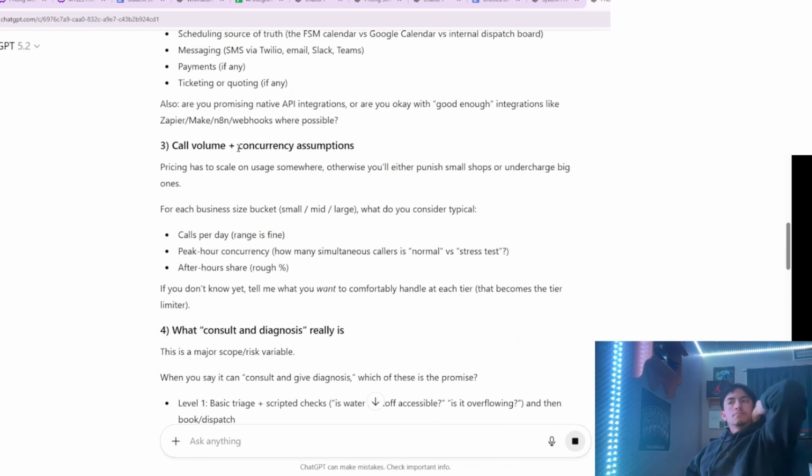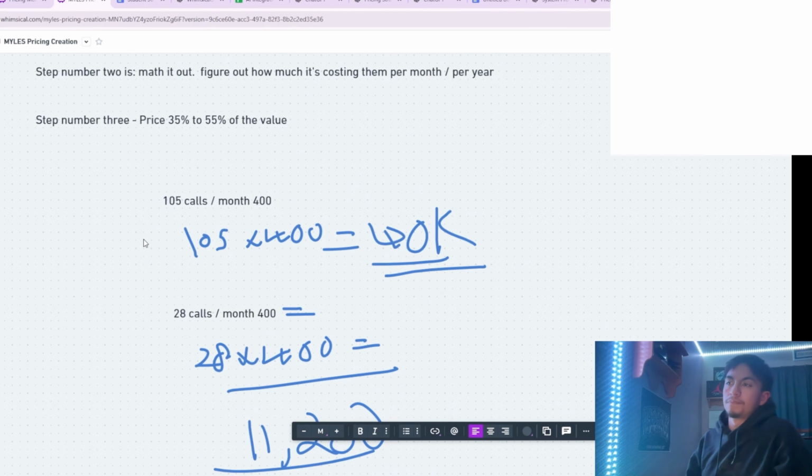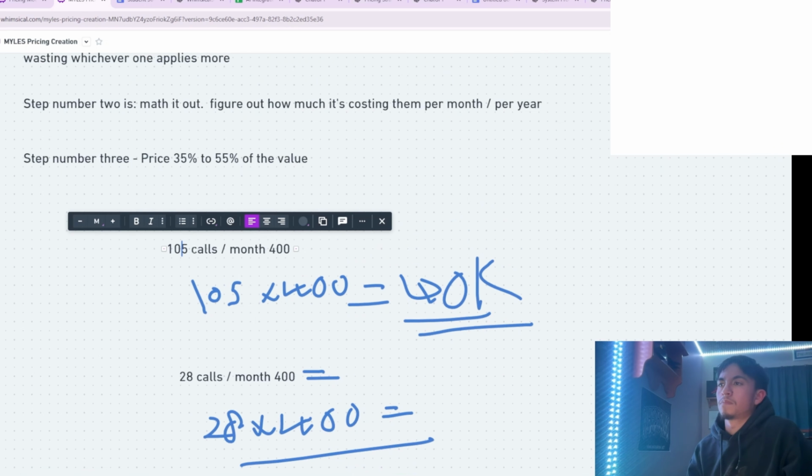So we've got call volume plus concurrency assumptions. It's saying pricing has to scale on usage somewhere, otherwise you either punish small shops or undercharge big ones. So for each business size or bucket, what do you consider typical? This is another thing that we already calculated ahead of time. You can see we said for an average small to medium sized business, we're putting them at 105